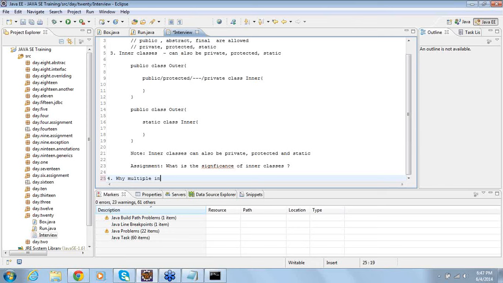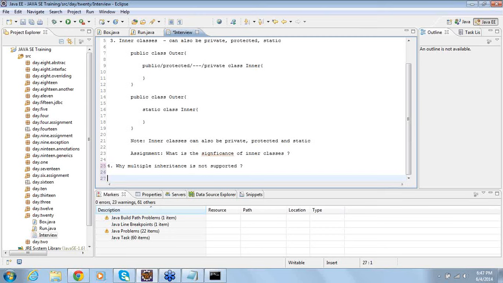Why is multiple inheritance not supported? The reason is very simple.